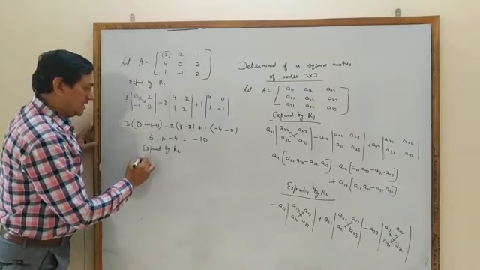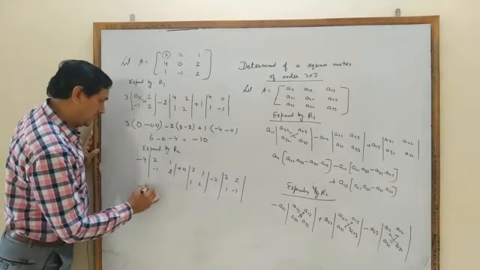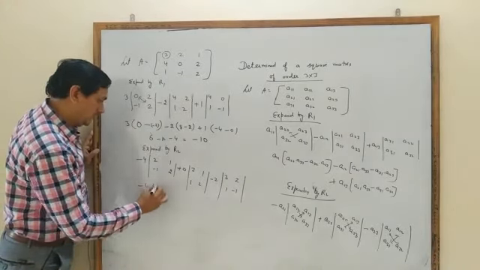Signs are inserted alternatively, minus plus minus. Minus 4, 2 multiply by 2, 4, minus minus 1, plus 0, 6 minus 1, minus 2, minus 3, minus 2. 4 plus 1, 5, 5 4 is 20, and we need not calculate it. Minus 2 multiply by minus 5, it is plus 10, and the answer is minus 10.